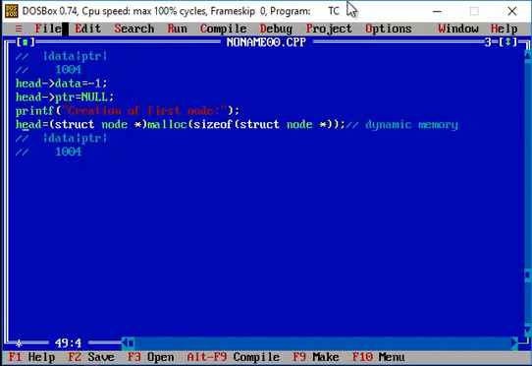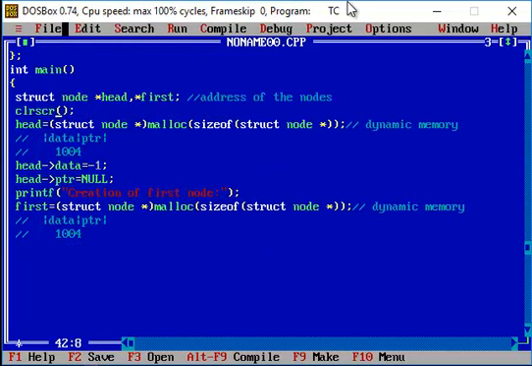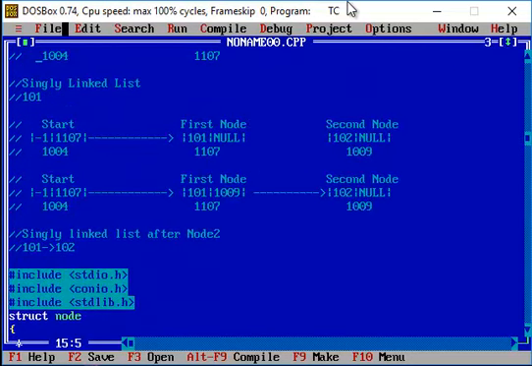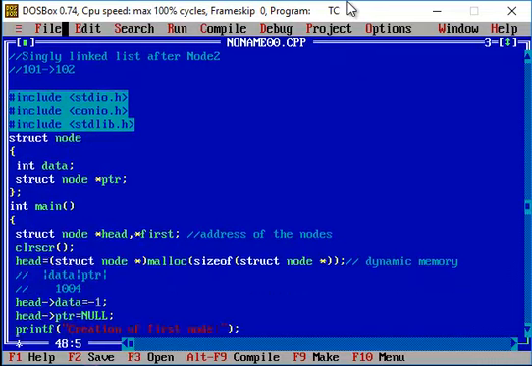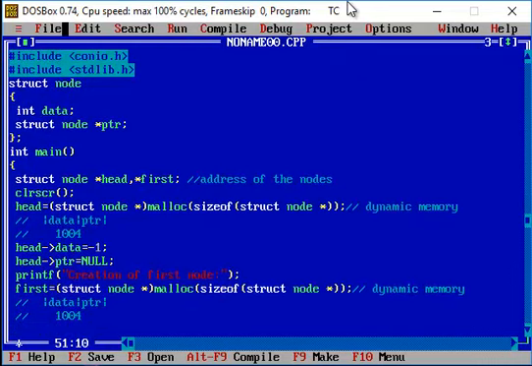So first is actually a pointer variable. Listen here, first is actually a pointer variable that will hold the address of another variable. Here, this particular variable will hold the address that has been created dynamically. Let's say for example the memory location that we have given is 1107. So the explanation remains same as what we saw for your header node.